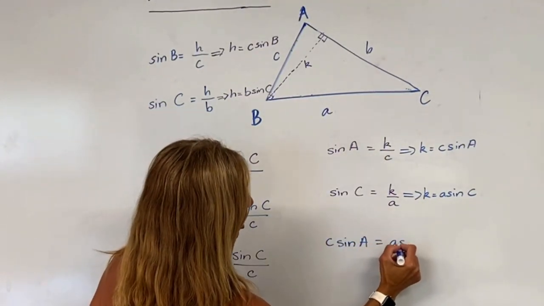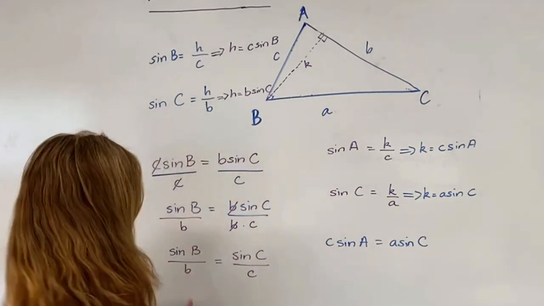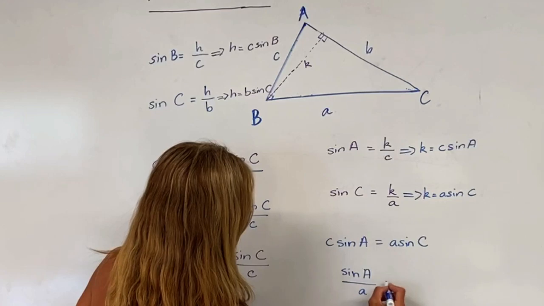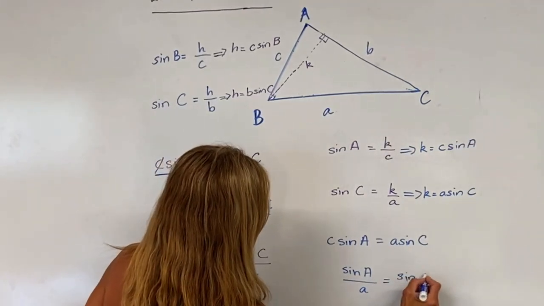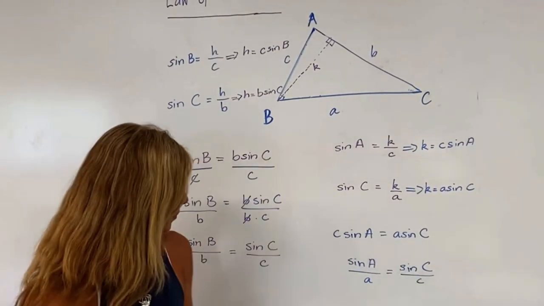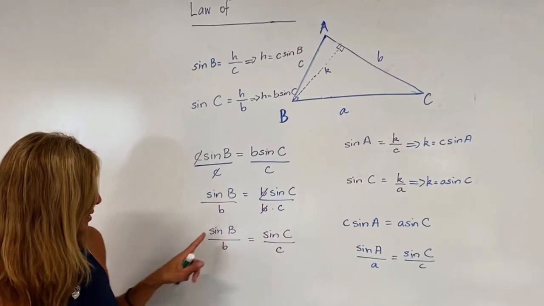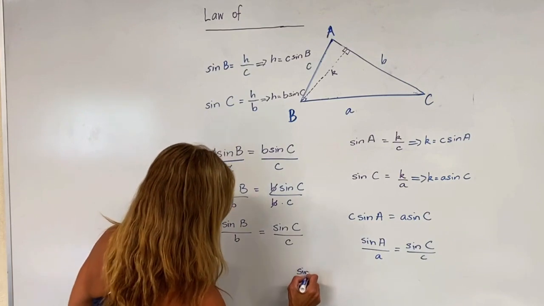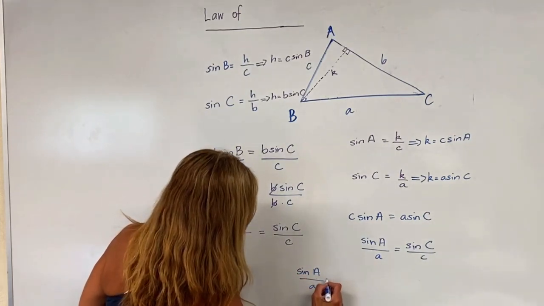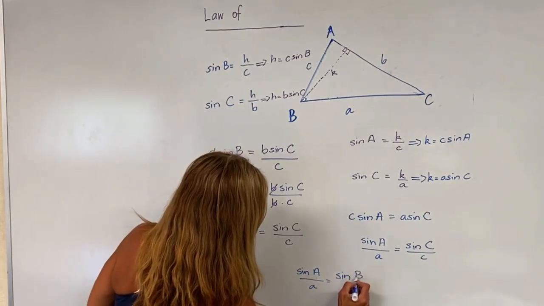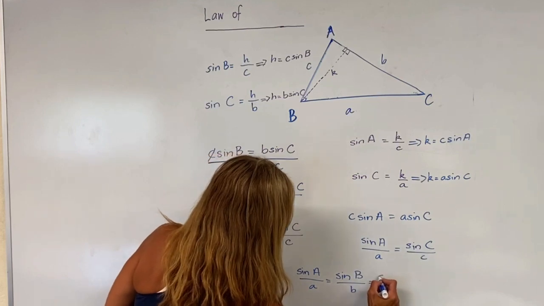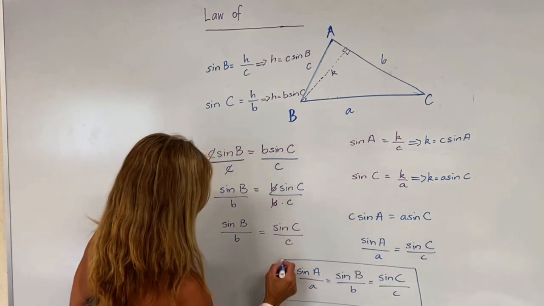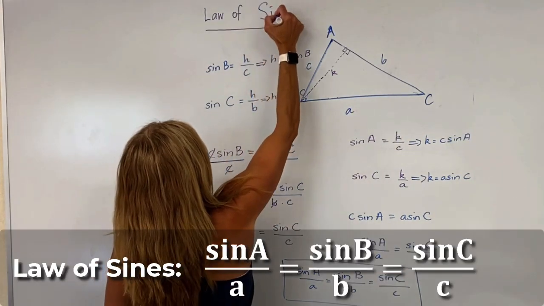Using the same logic that we did in the previous setup, we'll notice that sine A divided by A equals sine C divided by C. Since sine C divided by C is equal to sine B divided by B, these are all equal. So sine A divided by A equals sine B divided by side B, which is equal to sine C divided by C. And that is the development of the